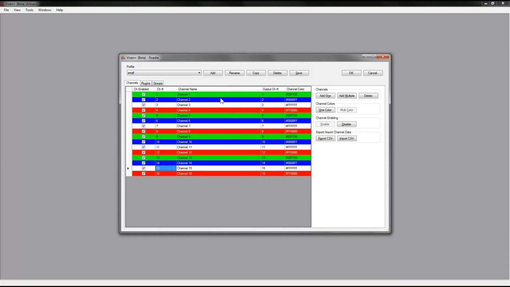You can select multiple channels, like I'll select all my green channels right now, and I'll say disable those channels. So you can do multiple selections, and you can see that those channels are now disabled. Or I can just enable that green channel again. Say I'm not going to use 16 channels. I'm only going to use 8. I'm going to delete from,